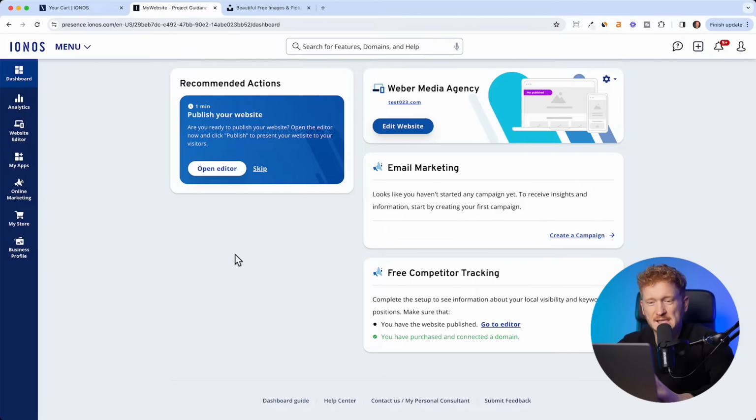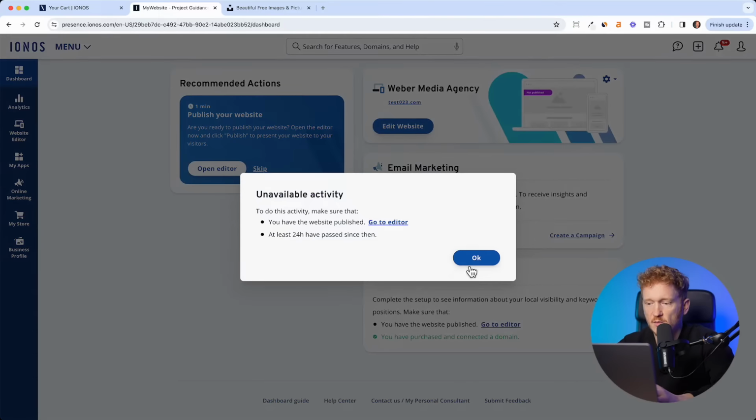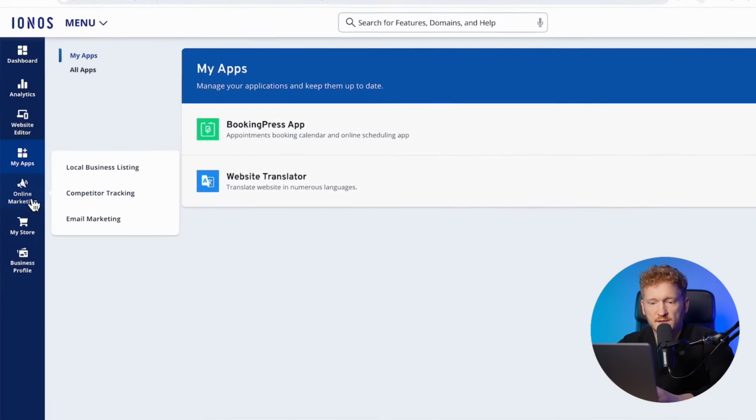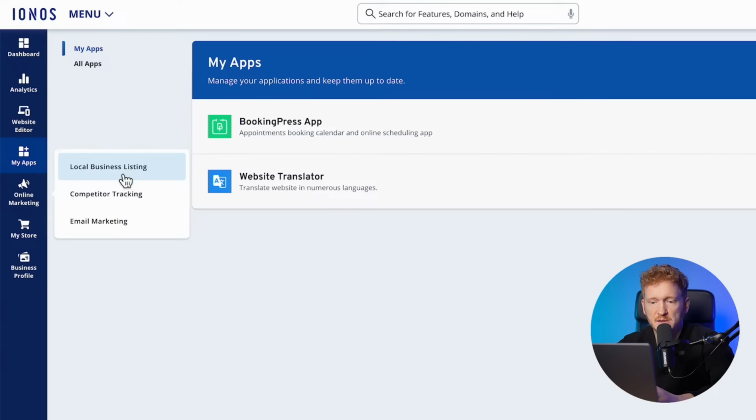So this is basically like your admin area where you can see your stats, so how many people are on your site. You can go to the website editor. You also have some online marketing going on here. So you can track your competitors. You can have a local business listing on, for example, Google Maps. Or you can even launch your own email marketing using IONOS. You have to upgrade there, but then you can send out your newsletter or some automated campaigns to your visitors,